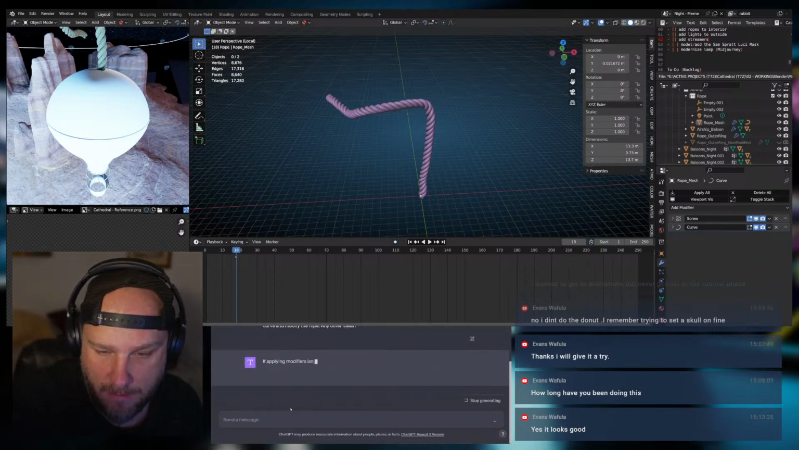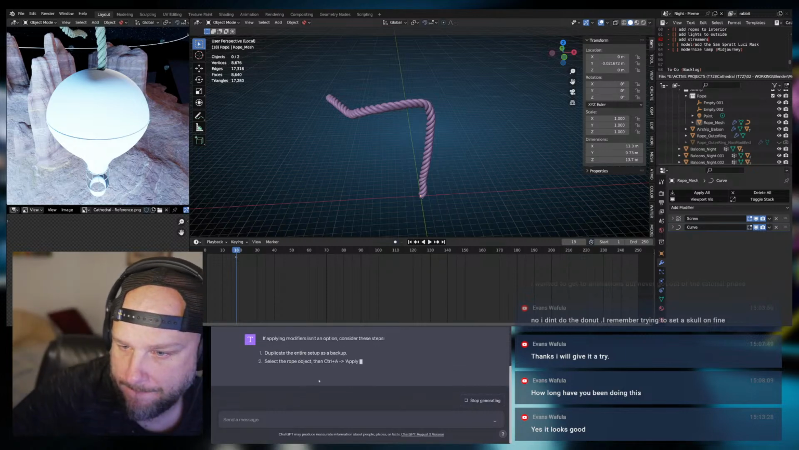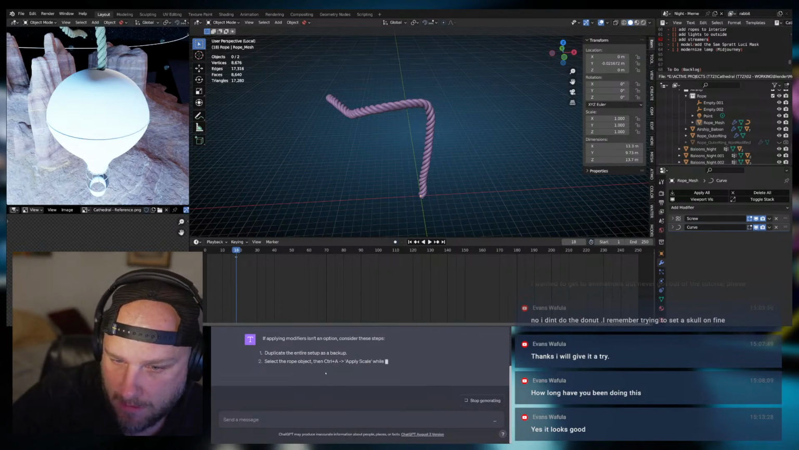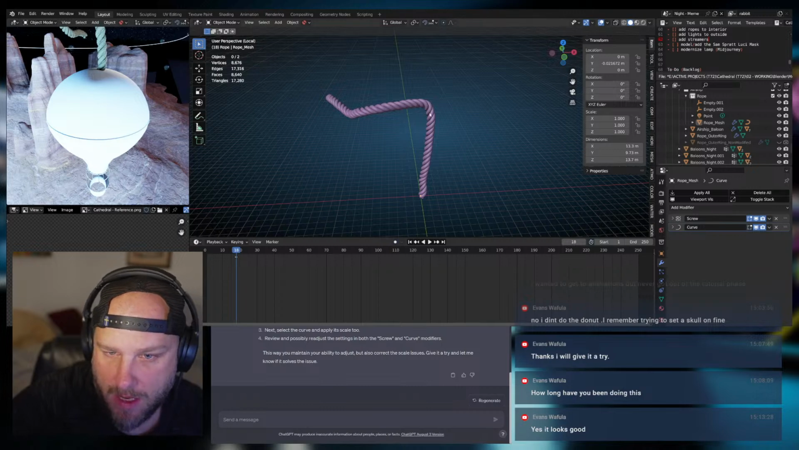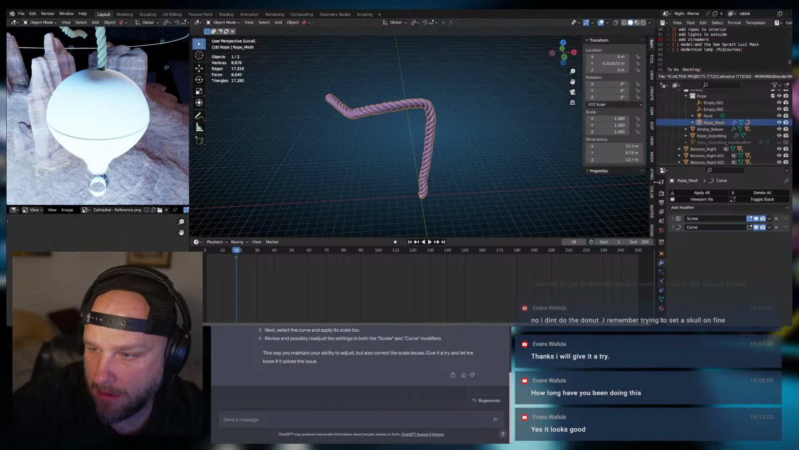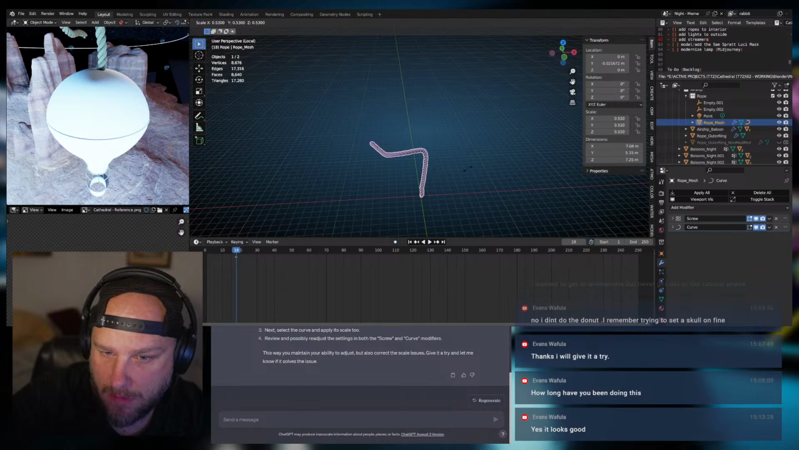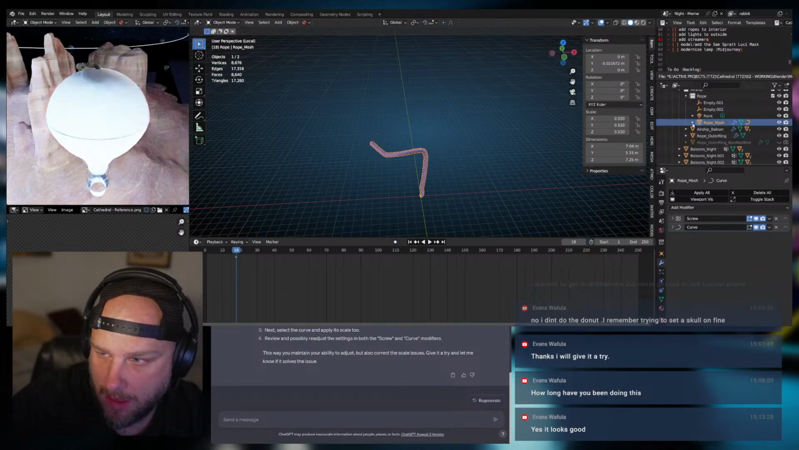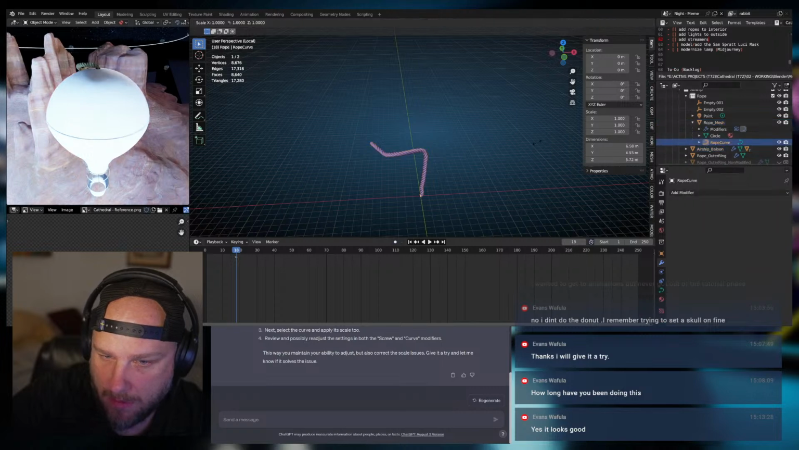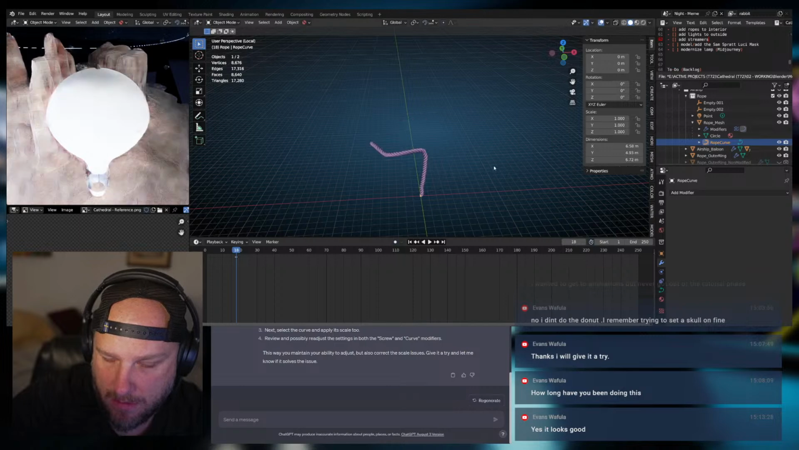See if we get anything from this. Yeah, we did that. Select the rope shot. Apply scale. Yeah, we did that. So if we do this, we know that's not going to work. And if we go do the curve, we know that's just affecting